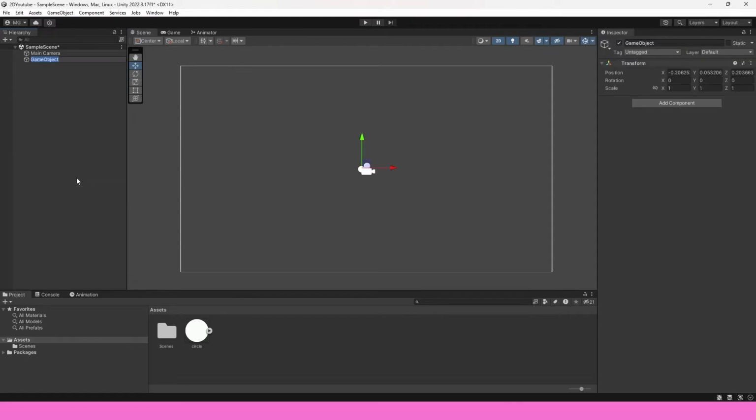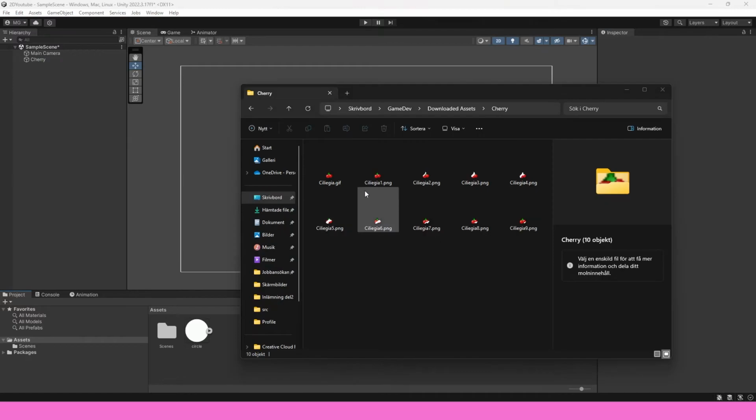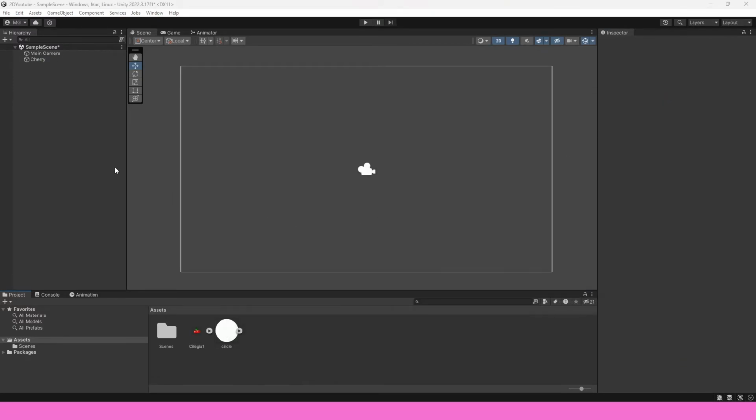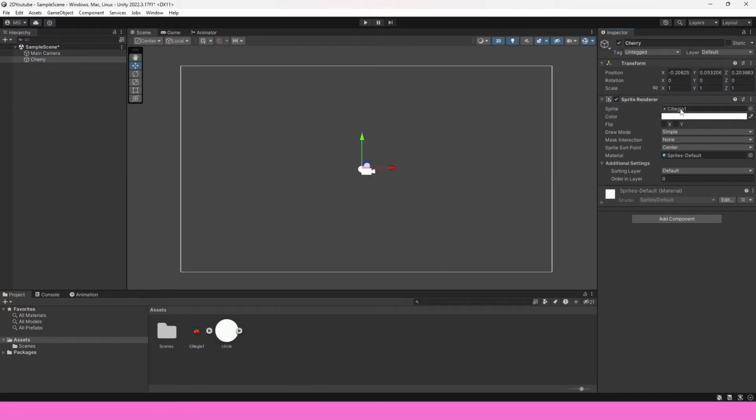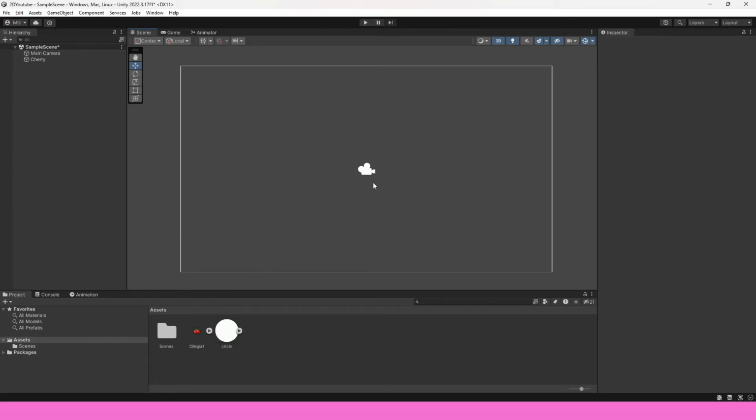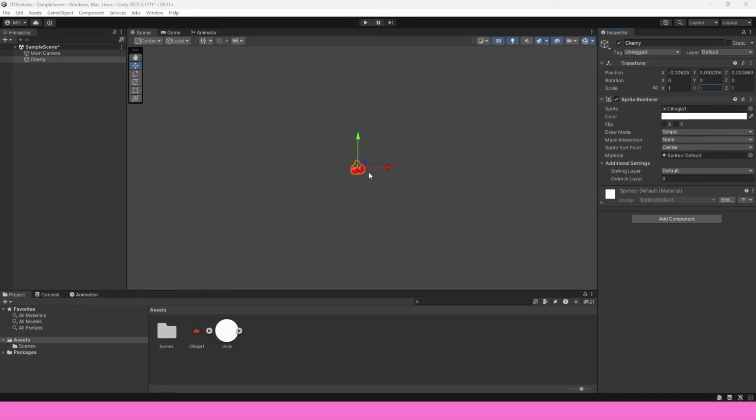First, let's create a new object in Unity with a sprite renderer component. Then we will import a sprite by dragging it into our project assets and assigning it to the sprite renderer. As you can see, our sprite, in this case a cherry, appears blurry and unclear, as if it has very